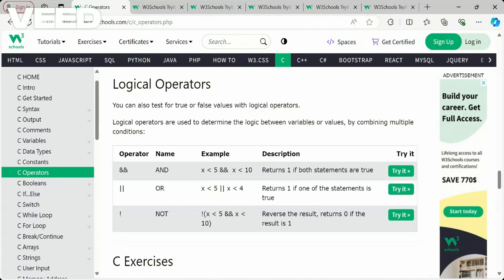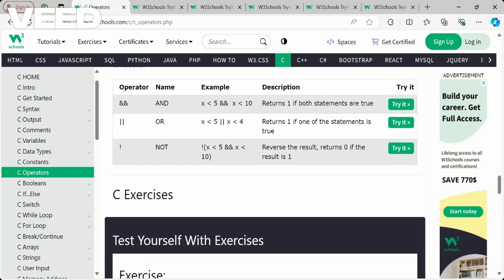If you're new to this, just give it some more time and understand. AND means everything should be true. OR means any one should be true, then it returns 1. NOT means whatever answer we get, true or false, the opposite of that is the result. If it is a 0, it will result in 1. If it is a 1, it will result in 0. So this is how logical operators work.